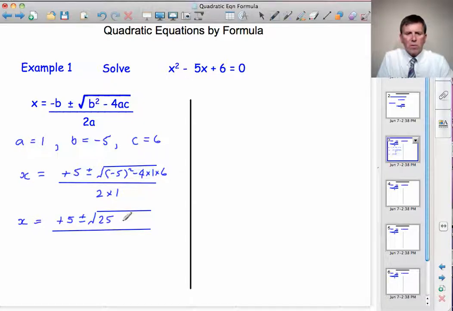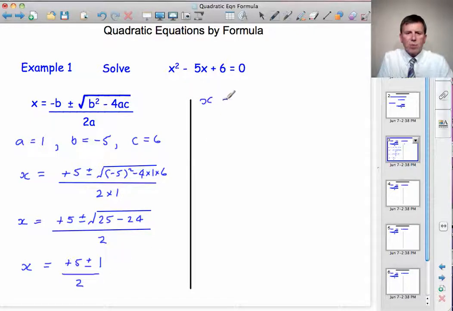One negative involved, so it gives us a negative term. 4 times 1 times 6 is 24, and 2 times 1 is 2. So x is equal to plus 5 plus or minus, now 25 minus 24 is 1, and the square root of 1 is 1. So it's plus 5 plus or minus 1 divided by 2,